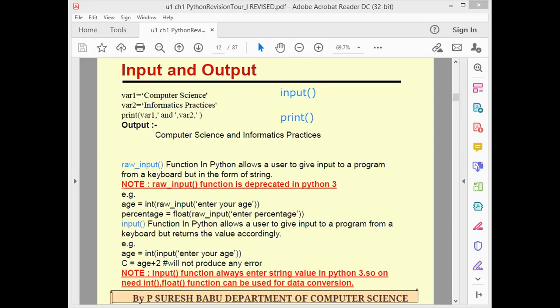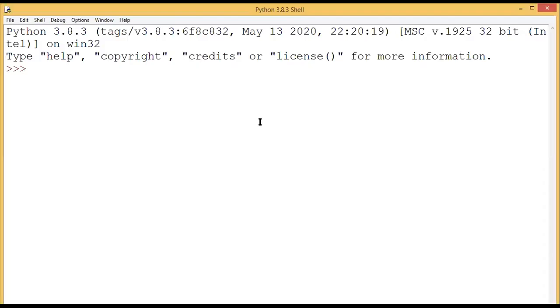Now just open the IDLE screen. Everyone, is this visible? Yes, sir. See, a equal to 5 means we are exactly assigning the value 5 to a. Instead of this, we can also get input at runtime. For example, b equal to input of.